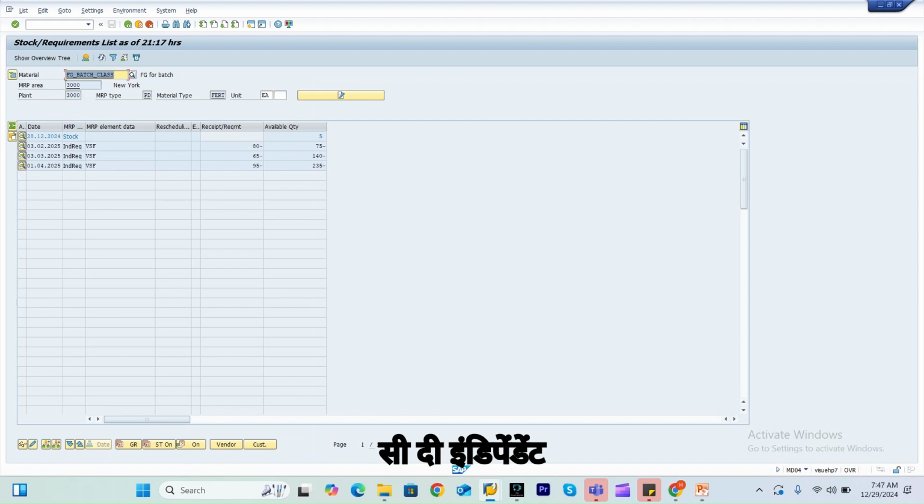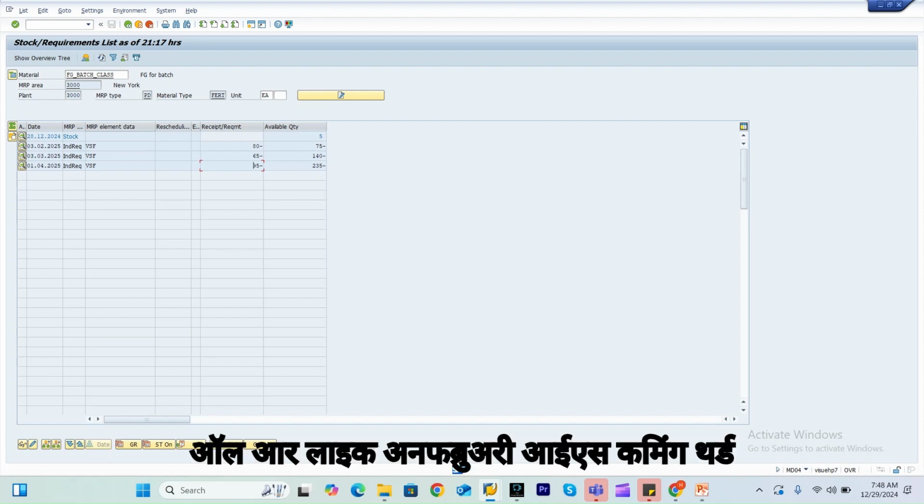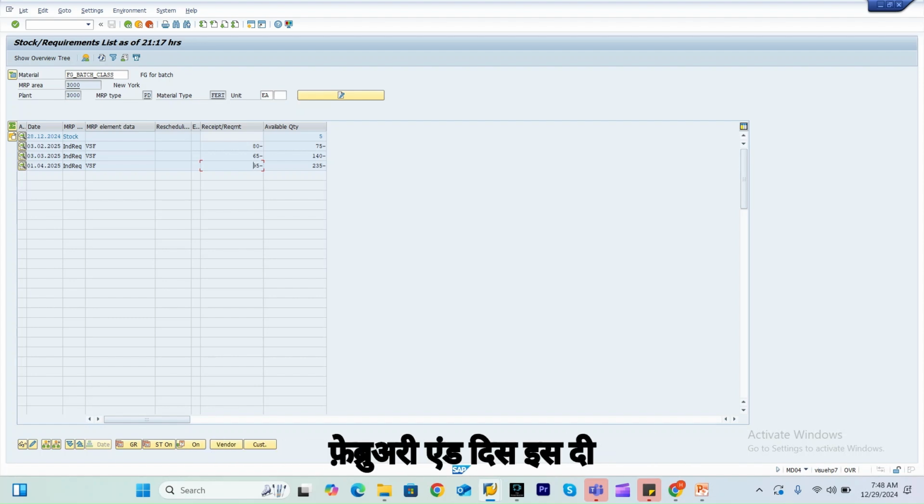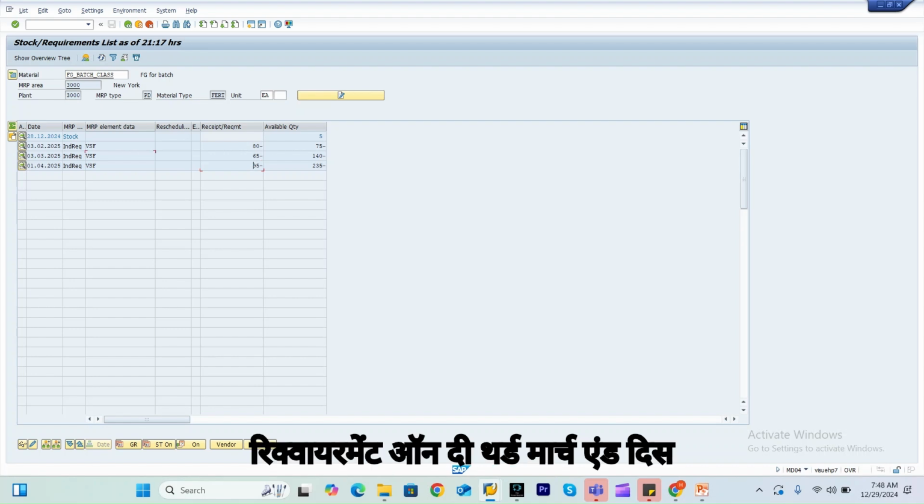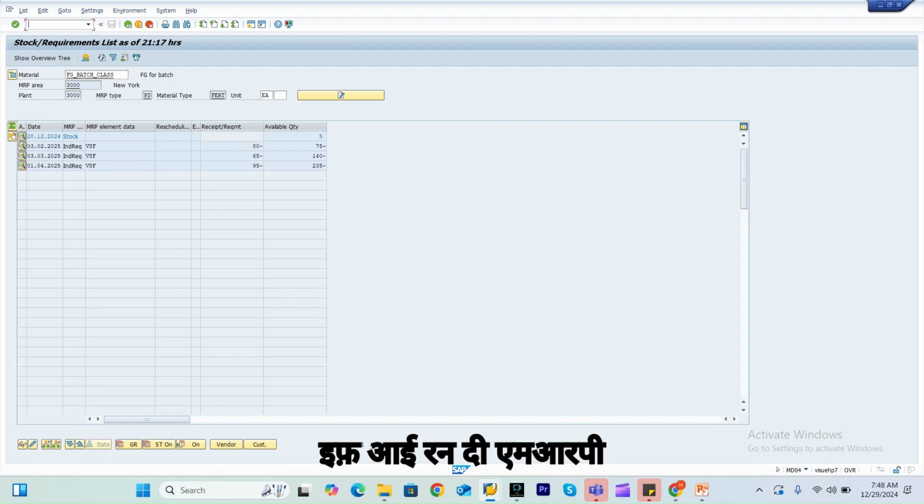See, the independent requirement in February is 80, then here 65, and here 95. Okay, now all are like on February it is coming 3rd February, and this is the requirement on the 3rd March, and this is the requirement 1st April. Okay, if I run the MRP,